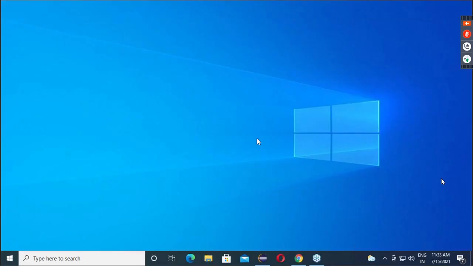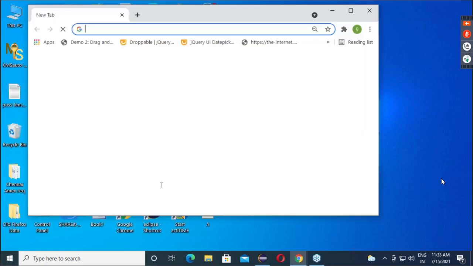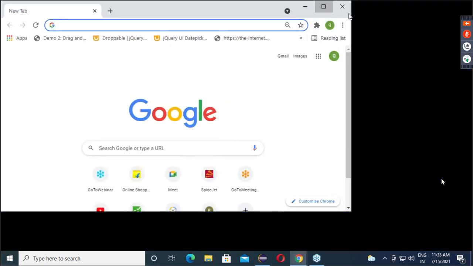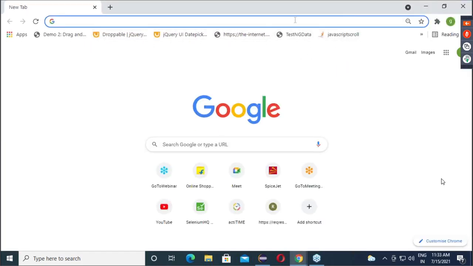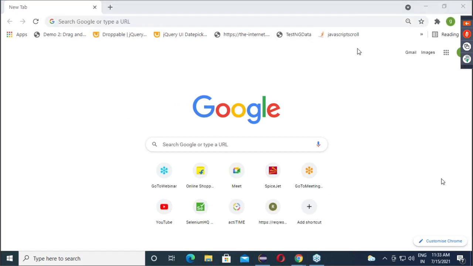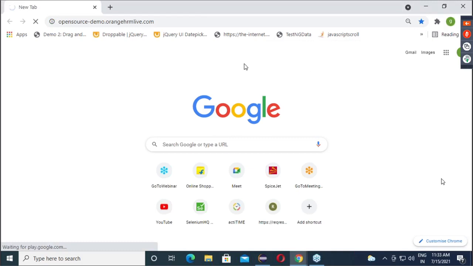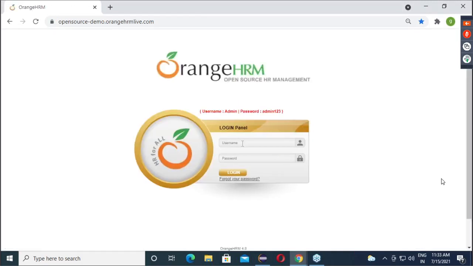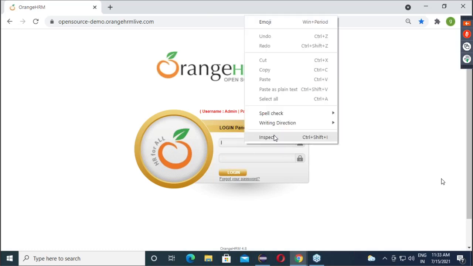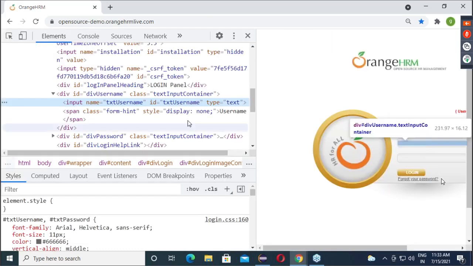Because if I open this website, let me open Chrome. Yesterday I had a bookmark. So now see, this is our web page. In this web page, if you inspect this, you are getting the ID.